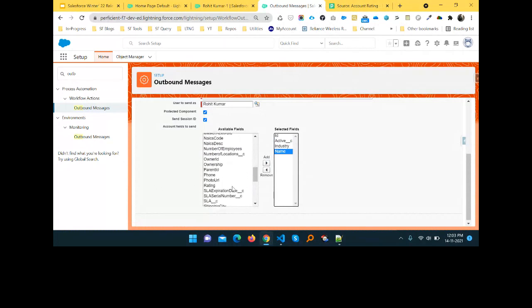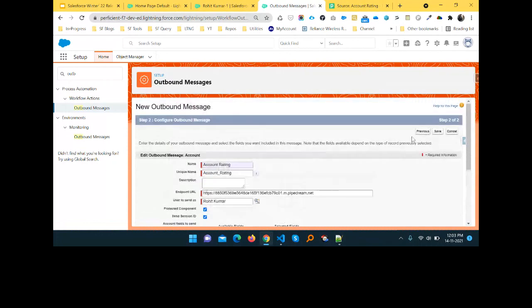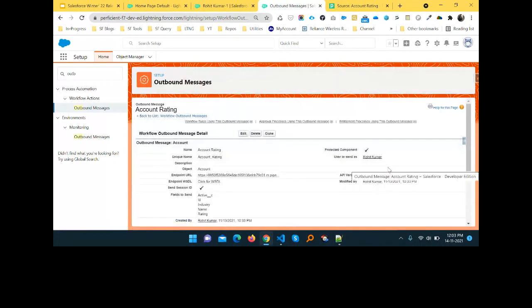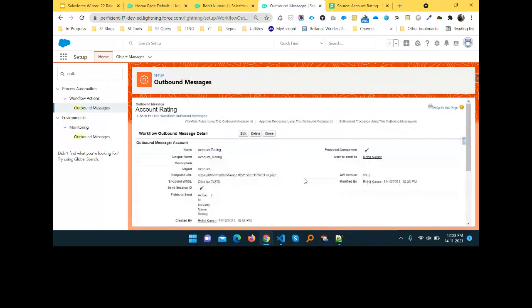For rating, you have to search rating here. So these are all the fields I want, five fields, right? Once you select all these, just save it. And here you can see my outbound message details, all the things I already created here. You can see the endpoint URL, something like that.